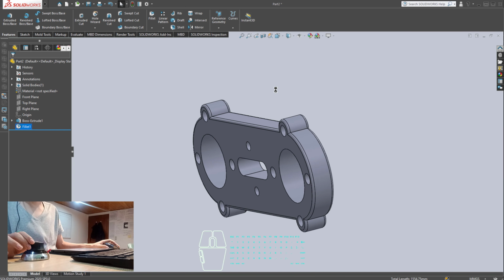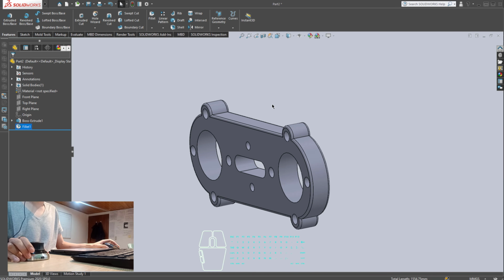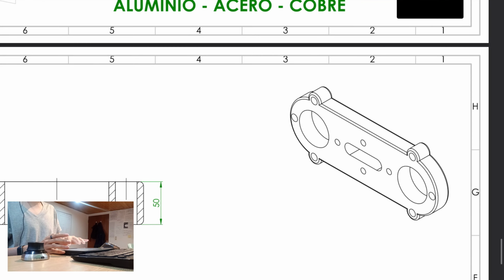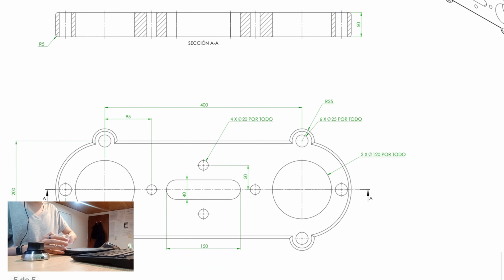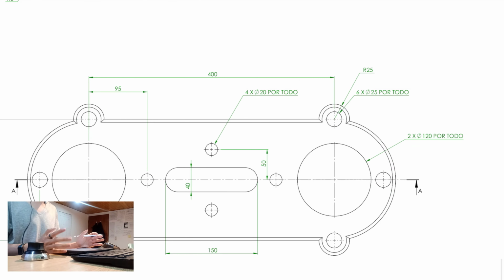And this is pretty much it, guys. This is how you can create this 3D model using SolidWorks. Now, regarding the engineering draw, there are some things that I want to mention. First, when you're creating an engineering draw, and this is for the people that want to stay in the video,